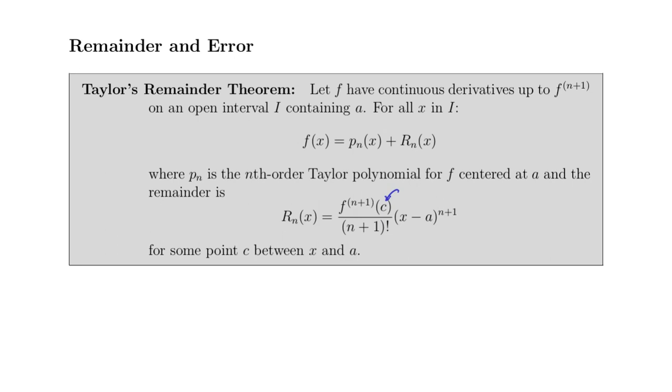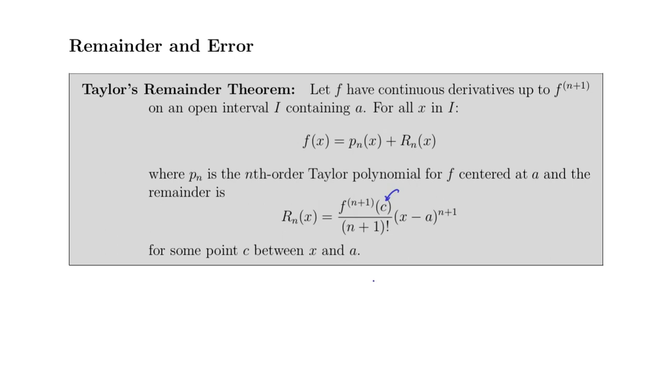For all the x values in that interval then, we know that the function is equal to whatever that polynomial approximation is plus the remainder, where that polynomial approximation is the Taylor polynomial like we built earlier, and the remainder is specifically this: the n plus first derivative of f evaluated at c, notice that's different, over n plus 1 factorial times x minus a